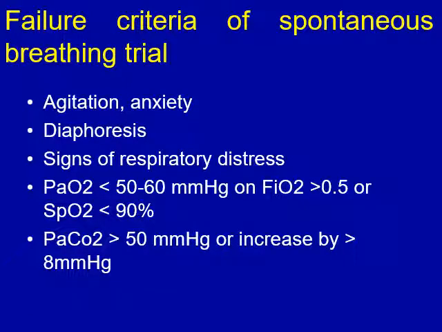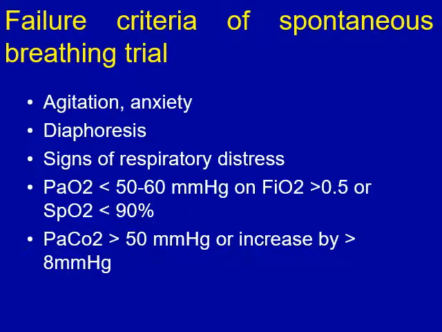What are the failure criteria? When do you tell there is failure of spontaneous breathing trial? You find the patient is agitated and anxious, the patient is sweating, accessory muscles of respiration are active, signs of respiratory distress are there, PaO2/FiO2 ratio is less than 150, and PaO2 is less than 60 millimeter of mercury